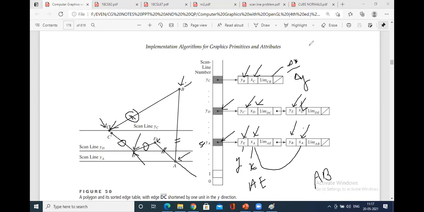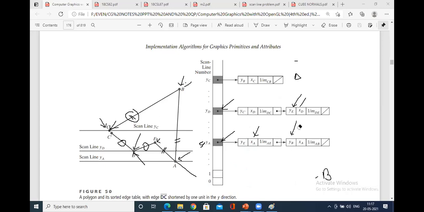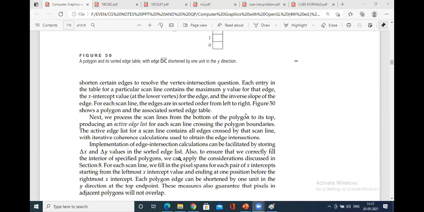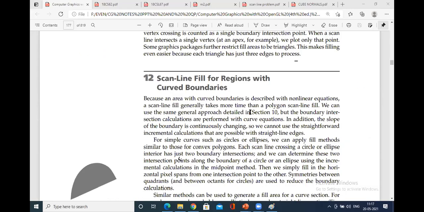If you follow this concept, you will find it easy in solving the problem that we are going to solve tomorrow. Very interesting problem on scanline algorithm. This is called data structure. So if you still have a confusion, I can explain it once again before I start tomorrow's session. So try to understand this. How do we write this table, data structure table? Then only it is easy for you to solve the problem.